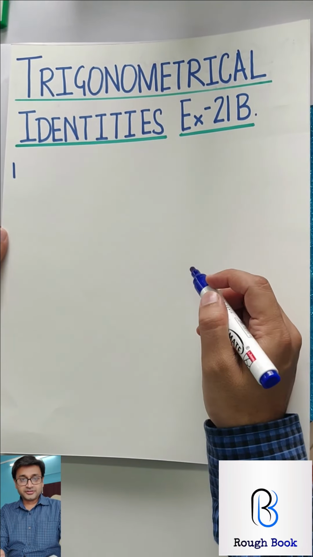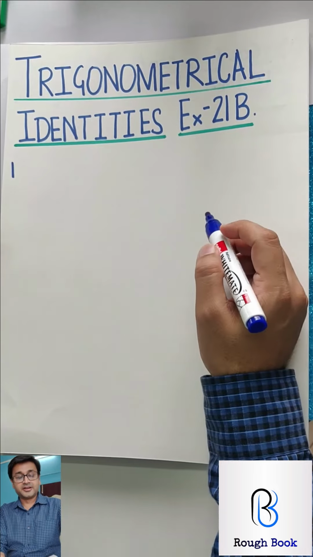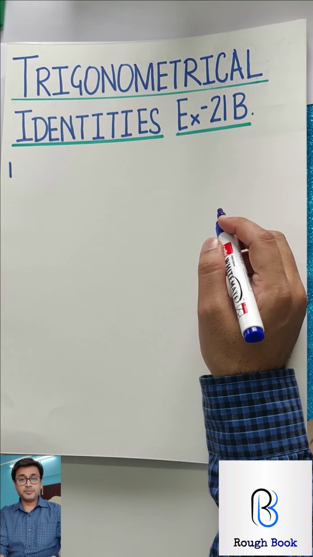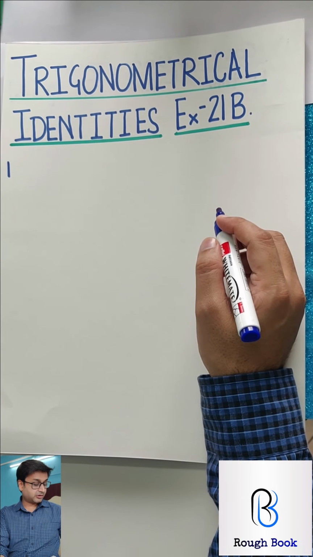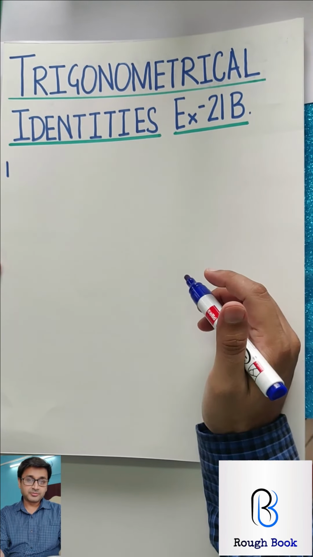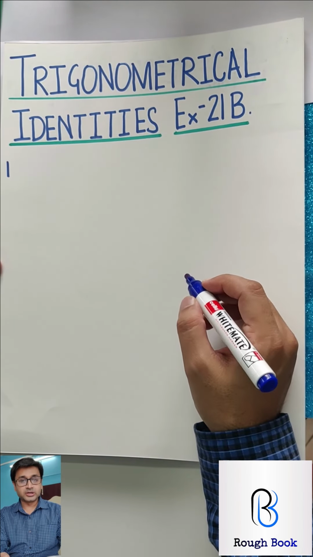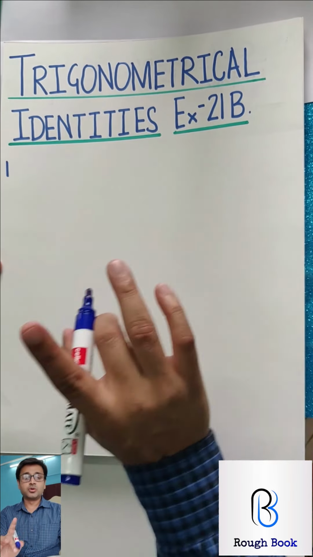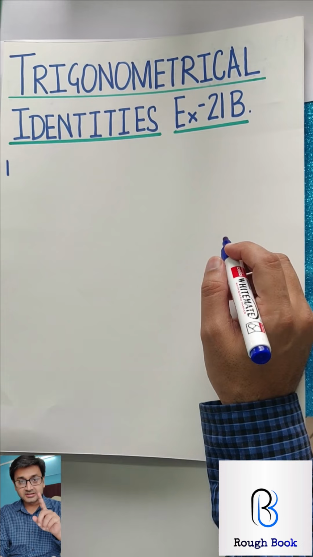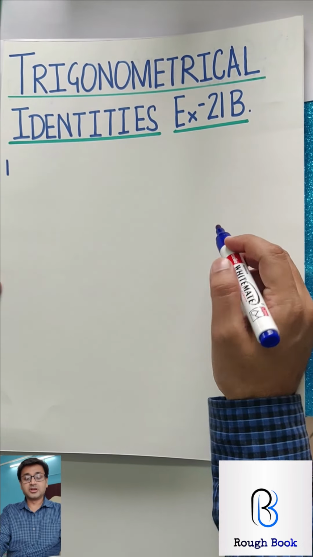Hi, in this video we are getting into trigonometrical identities, exercise 21b. In 21b you have 1 part 1 to 1 part 9, and then sum number 2 till 7. Sum number 2 to sum number 7 are all cancelled, they are not in your syllabus anymore. So we are just going to focus on sum number 1 part 1 to 1 part 9. Please remember that, don't forget. Okay, so let's hit it.